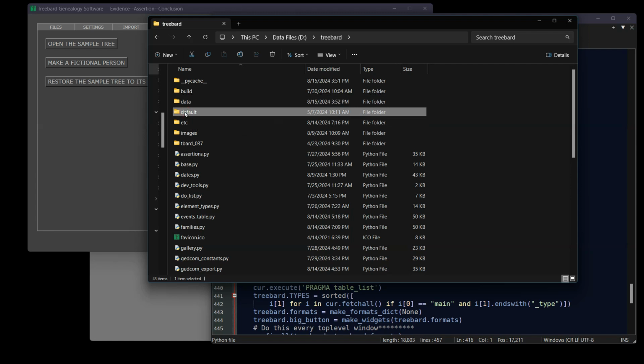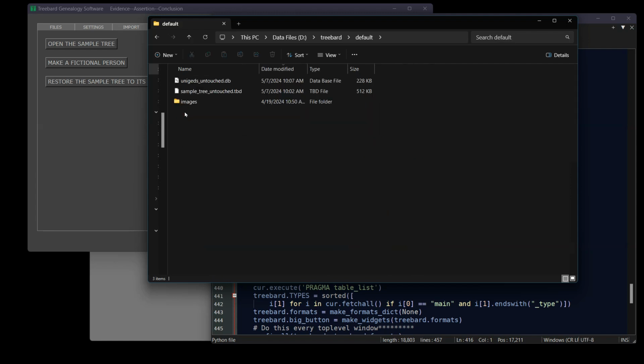Here we have a folder called default. Inside of here we've got something called sample tree untouched.tbd. Last time I saved that was 3 months ago. I'm going to delete it. Here is the sample tree. I'm just going to copy that over there